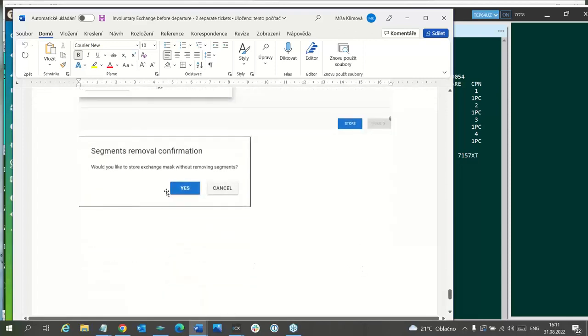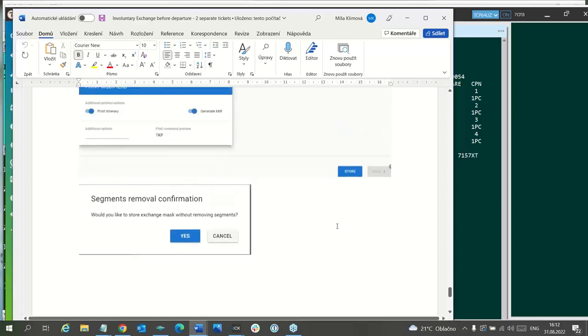And segment removal confirmation: would you like to store the exchange mask without removing segments? Yes. Without removing segments, we don't want to remove anything. So that's it.